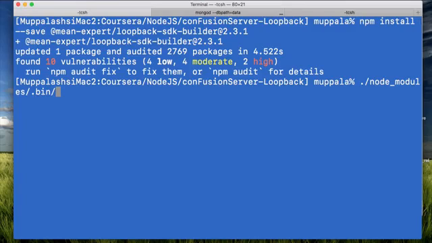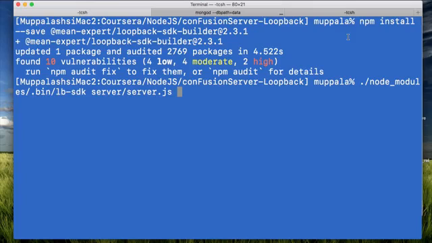So to go to the .bin folder, we will access this lb-sdk command there that gets automatically installed. Then we will call this with server.js,